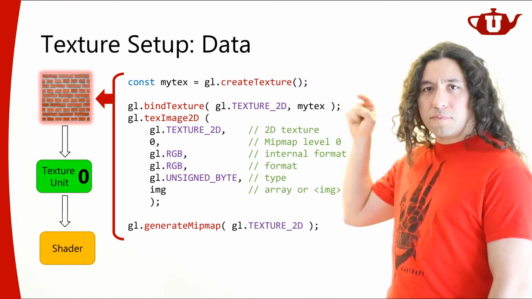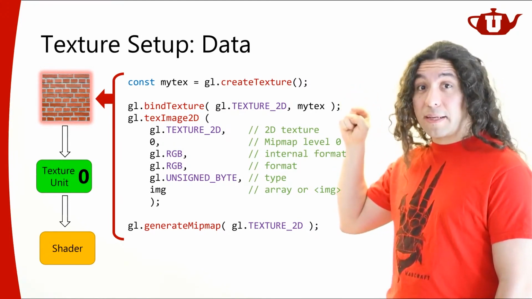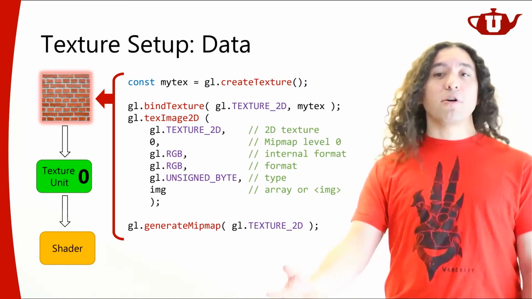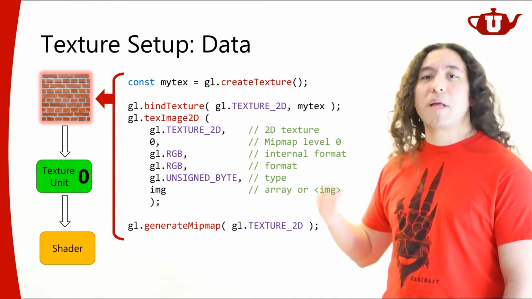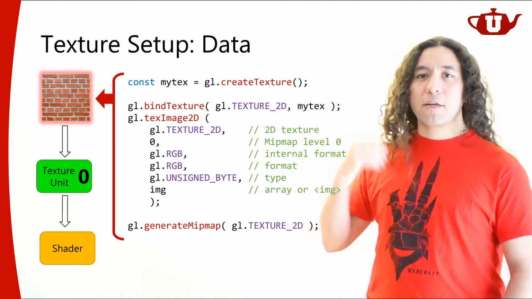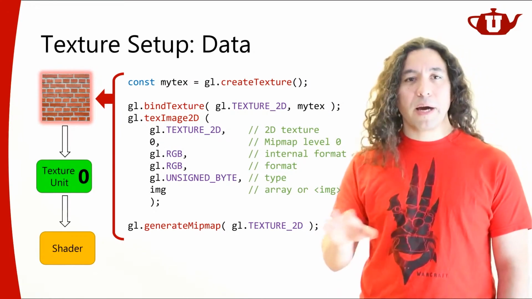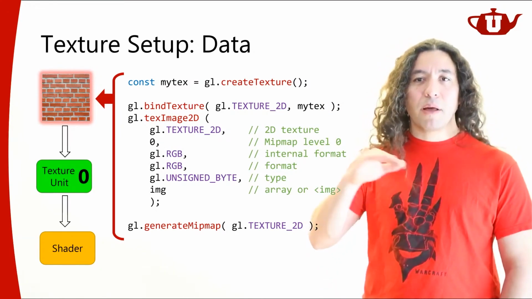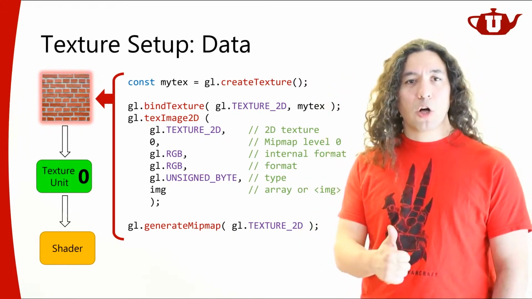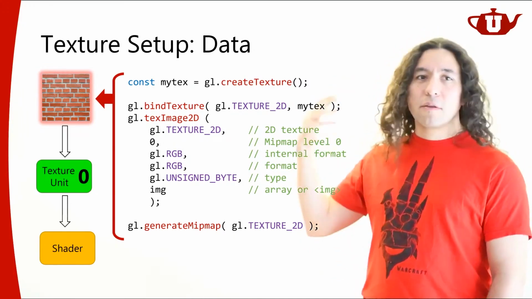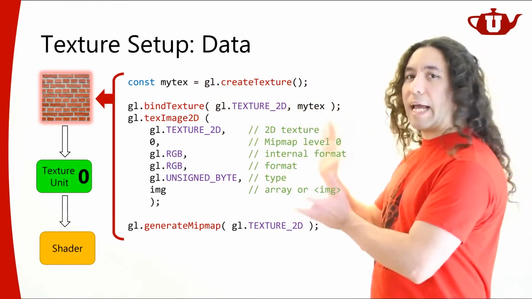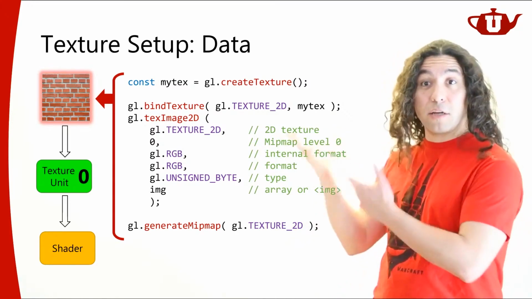So you create your texture, you bind the texture after you create it, and then you set the texture data. Then you say, generate all the mipmap levels. So all the mipmap levels, all the way up to a single pixel, will be automatically created for us by our GPU. We don't have to worry about it, right? However many mipmap levels will be necessary, my GPU will just generate it. All good? Simple enough. So this is all I gotta do to send my texture data to my GPU.